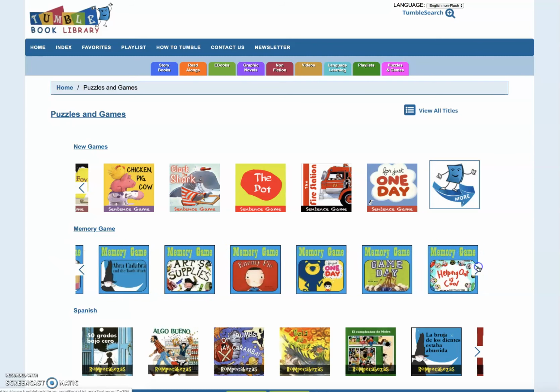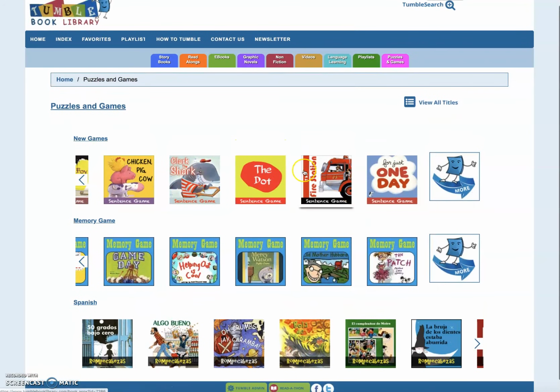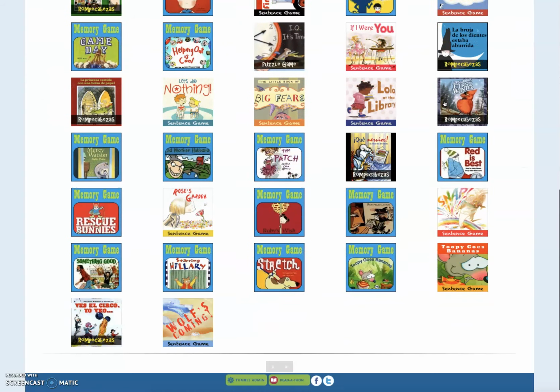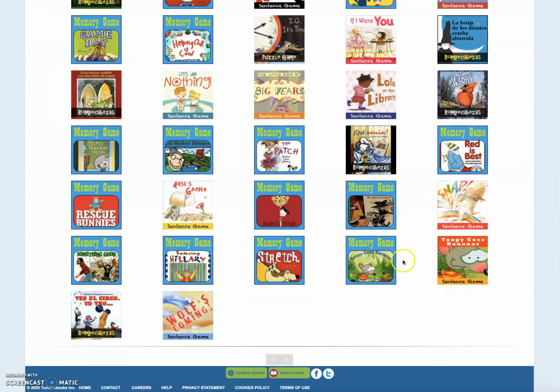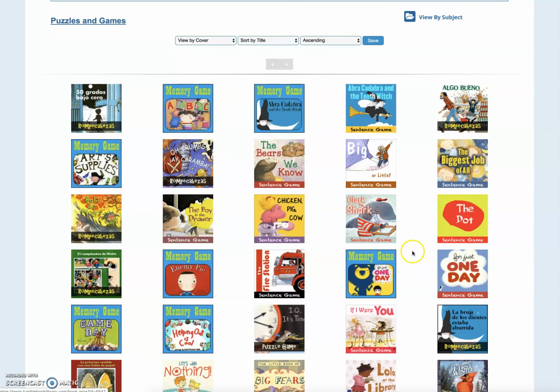There's some memory games here. And again, if you notice, they're kind of based around books. So if you read a book or you have Tumblebooks read a book to your child, you may come to the puzzles and games and want to look and see if there's a related puzzle or game that they could do to reinforce the concepts. If I click on View All, you can see it's a limited selection. This is one of the newer features of Tumblebooks, and so they don't have as many, but they're still valuable